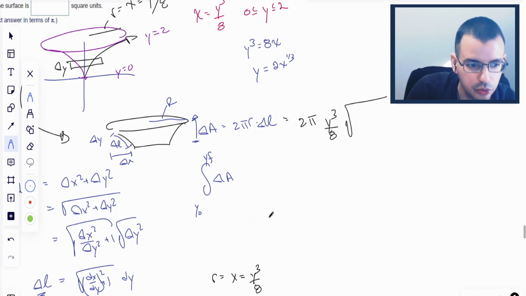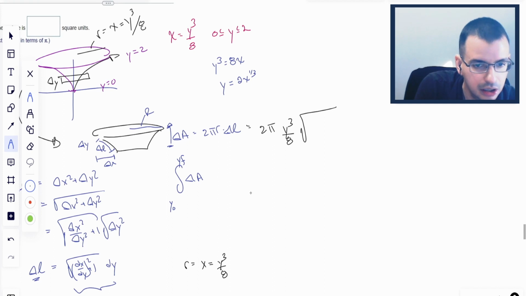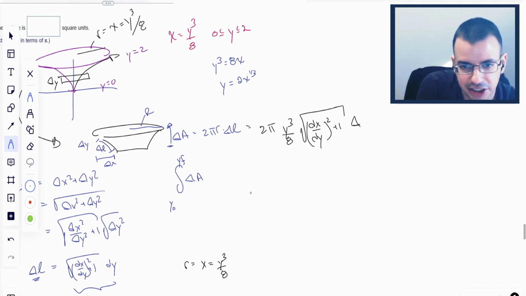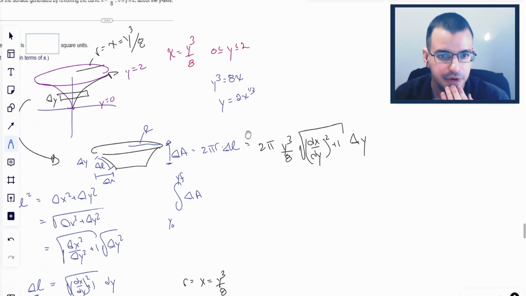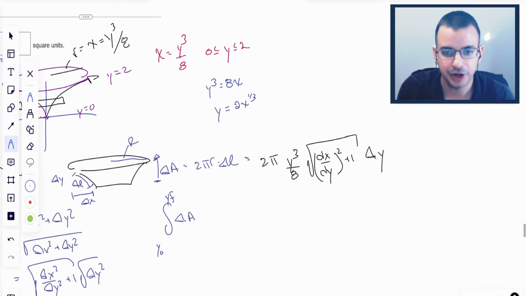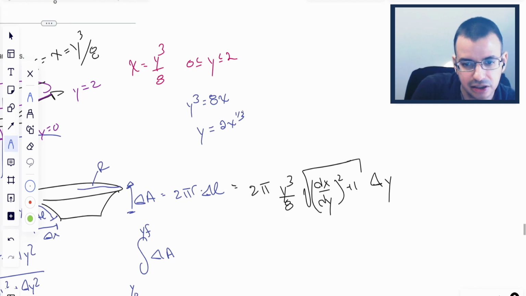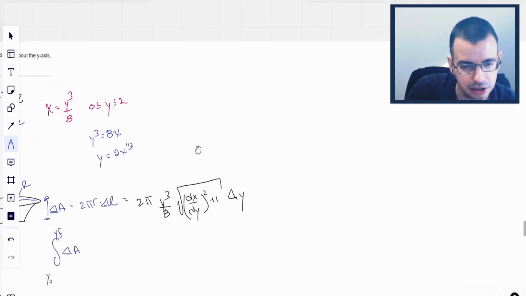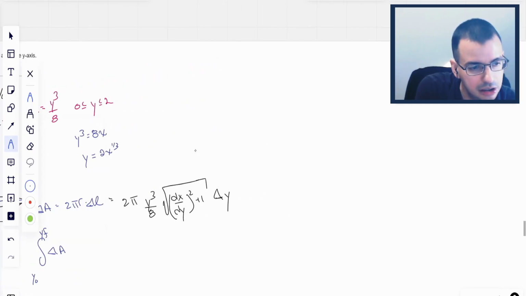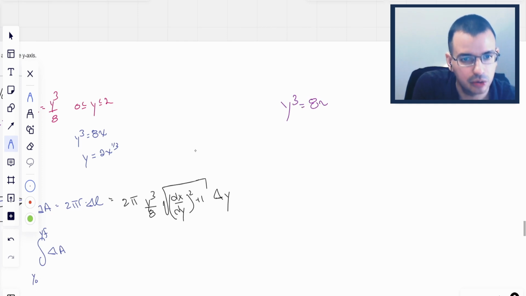So delta L is the square root of dx dy quantity squared plus 1 times, I'm going to say delta y. Okay, so now it looks like everything's kind of come together. We need to find out what dx dy is. We know that there's going to be a, over here, y cubed equals 8, no,